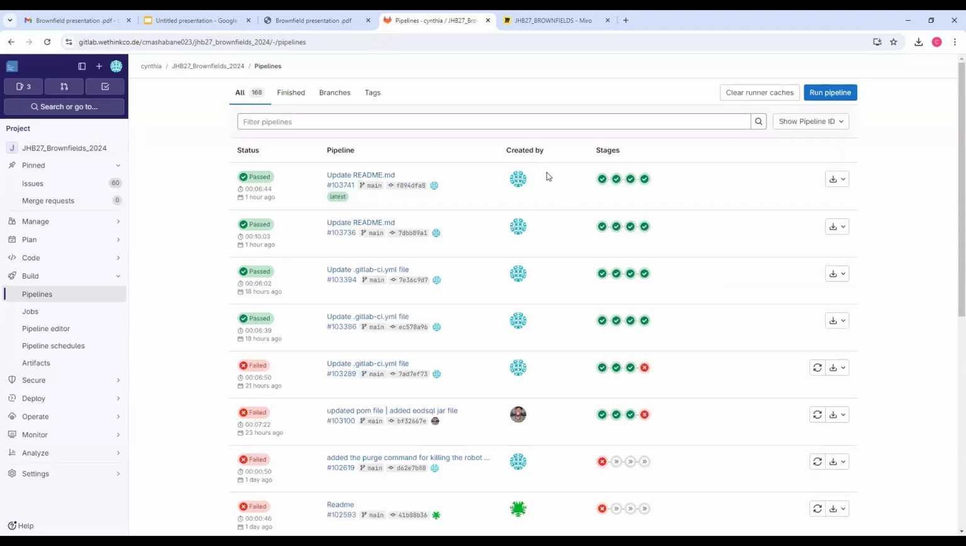So here's our setup for the pipeline. So it goes through 4 stages, which is build. It passed that first stage. The second stage is test. It passed that one as well. The third stage is package. It passed that as well. And then the fourth stage is Docker, and it passed that as well. And then we can go back to